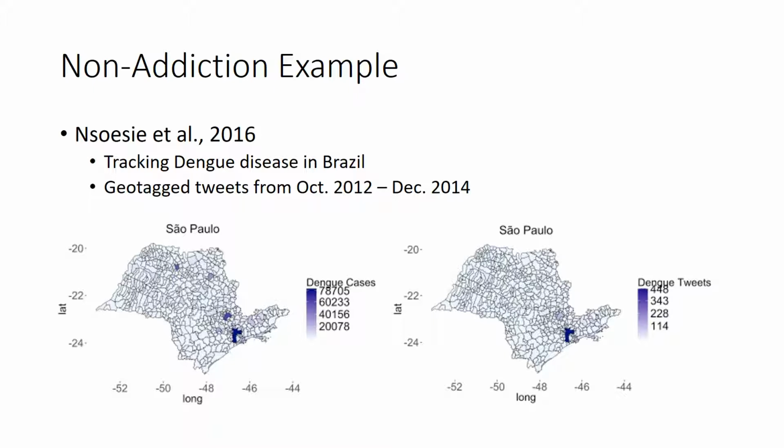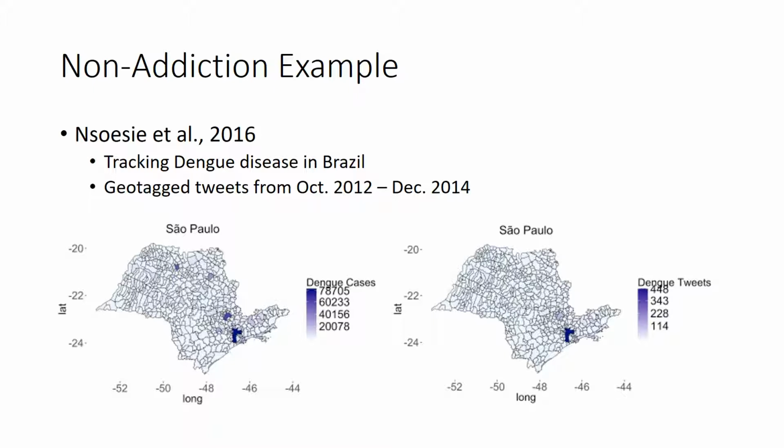So they identified all the geotagged tweets mentioning dengue fever or symptoms of dengue fever in Sao Paulo, and they got it to the point where they could identify the specific neighborhoods within the city that these tweets came from. So they actually had the latitude and longitude coordinates of these tweets, which is really kind of cool. They then cross-referenced that with the number of cases per community, per neighborhood of the city,